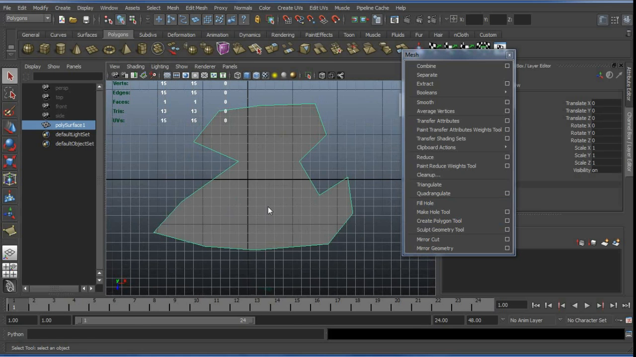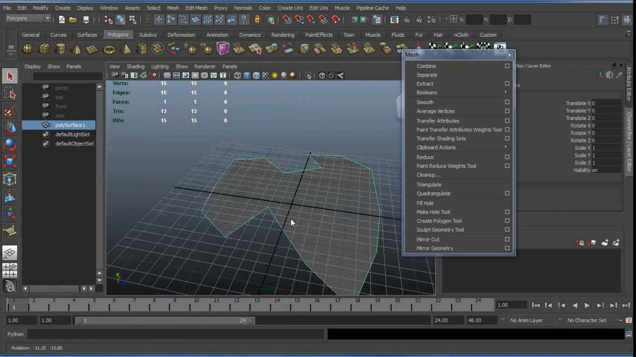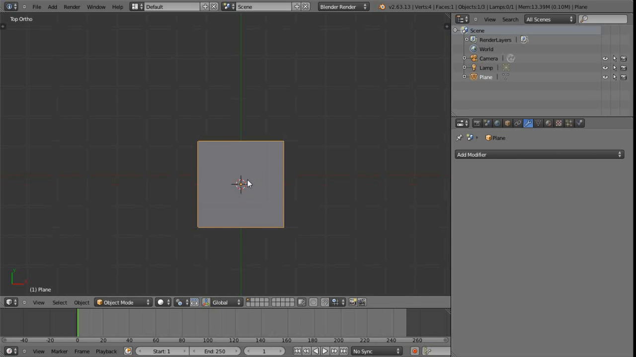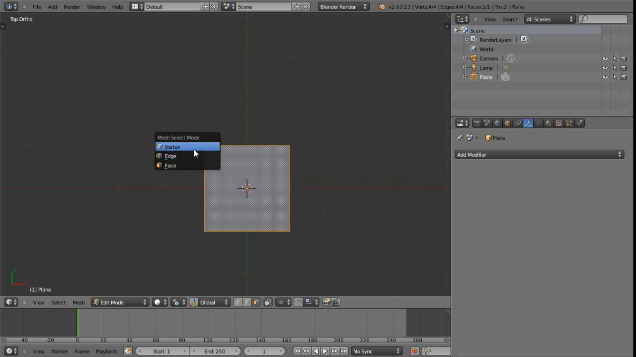And then now we have this shape. So let's just take a little look around. There we go. In Blender, the best way we would do this, again, I'm in top orthographic view. Tab into the edit mode. I'm just going to grab that